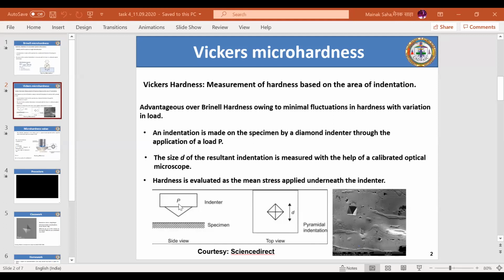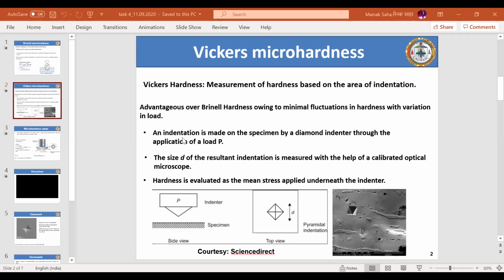Okay, so the main thing is that when we talk of Vickers micro hardness, why did people arrive at it, and why did we not stay with the Brinell micro hardness technique? That was the question. If you have Vickers micro hardness over a range of loads, your hardness will be the same. It will not be dramatically different. So in that case, Vickers micro hardness is a more reliable way to report the hardness values of different materials.